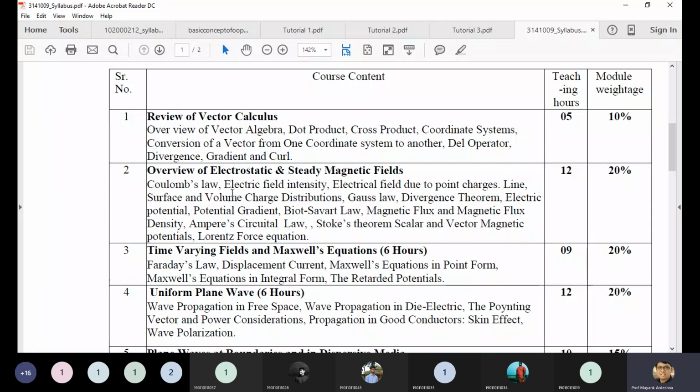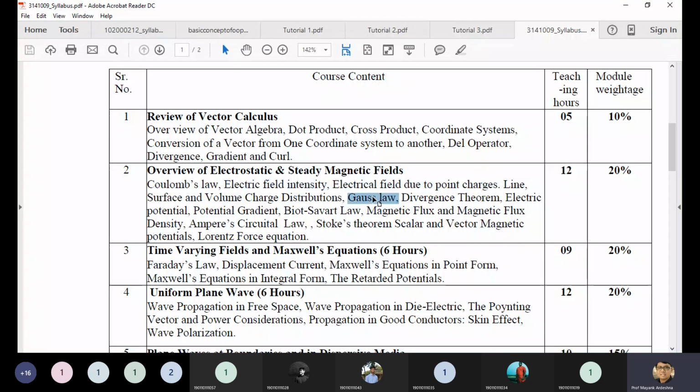In this case, you can see it may be asked to derive Coulomb's law, and derive the electric field intensity based on Coulomb's law. This is the first derivation. Second, they are asking about the electric field intensity, where we are discussing the different charge configurations like line charge, surface charge and volume charge. We derive the equation of the electric field due to the line, surface and volume using Coulomb's law. So there are 3 or 4 derivations over here. Similarly, the different charge configurations, line, surface and volume charge, were already discussed.